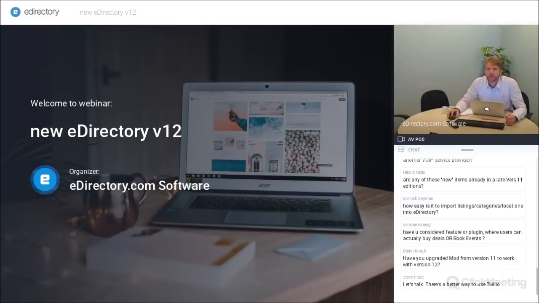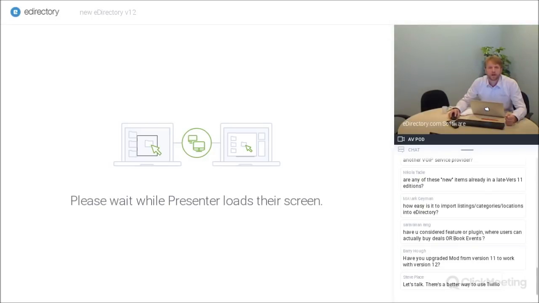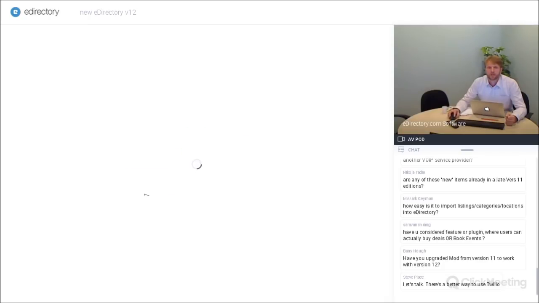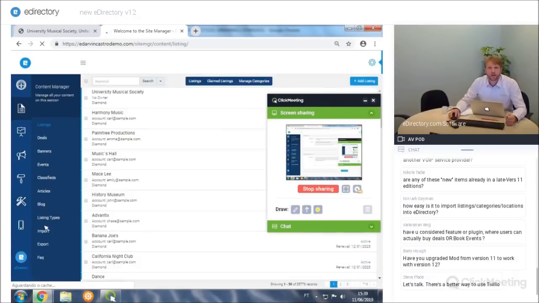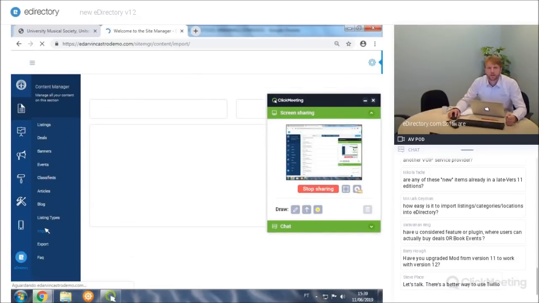How easy is it to import listings, categories, locations into eDirectory? Yeah, the import is actually super easy. Let me share my screen again, and I'll show you that real quick. Because a couple versions ago, we made a big improvement into the import features. So when you're importing, basically you go in here to the listings, and then we have an import,